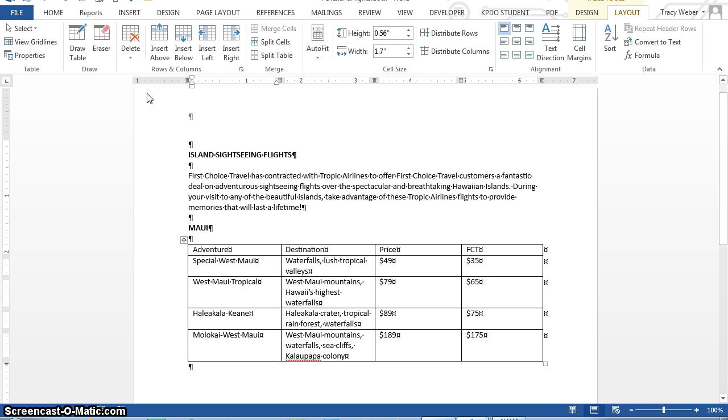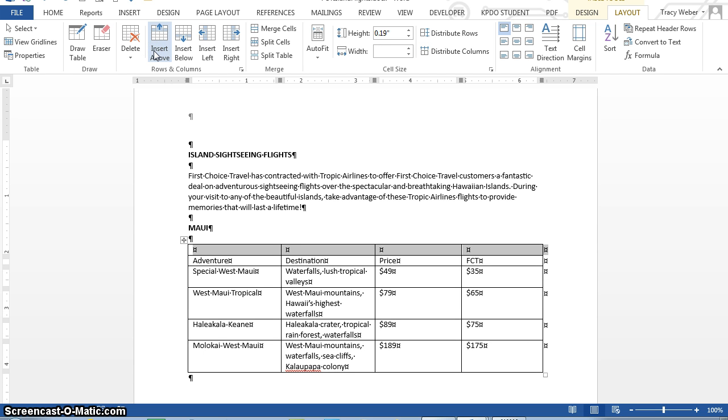I'm going to insert a row above Adventure. To do this, I'm going to click anywhere in the text Adventure. And then I'm going to click Insert Above in the Rows and Columns group. With the new top row selected, I'm going to merge the cells by clicking the Merge Cells button in the Merge group right here. That makes it all one. And I'm going to type the title in all caps: MAUI